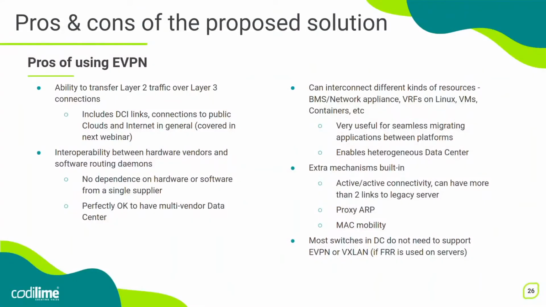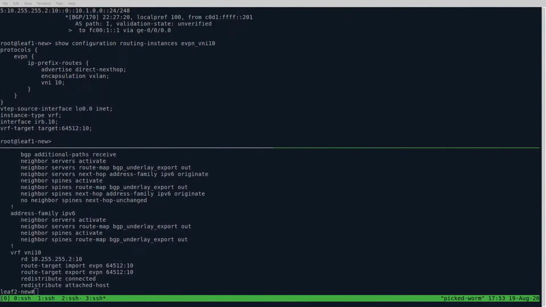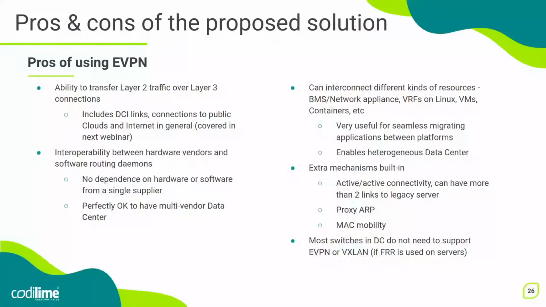Okay. And this actually concludes our demo. So we hope that we've been able to show you how this can work in practice. Now let's talk a little bit about the advantages and maybe some disadvantages of the things that we have shown you today. So hopefully we are able to present that we do get this capability of transmitting layer 2 traffic over layer 3 only connections such as IP Fabric.